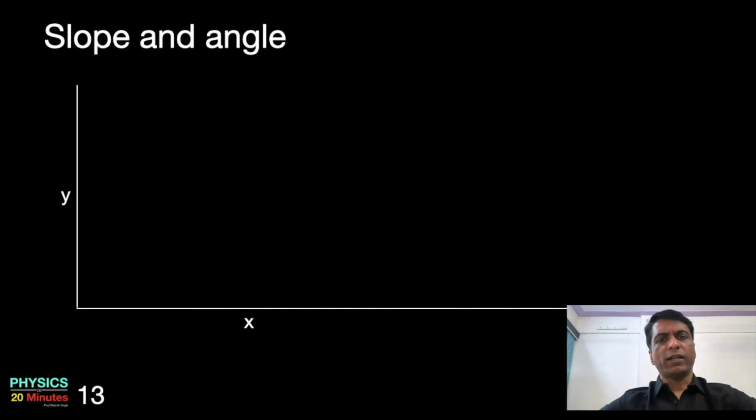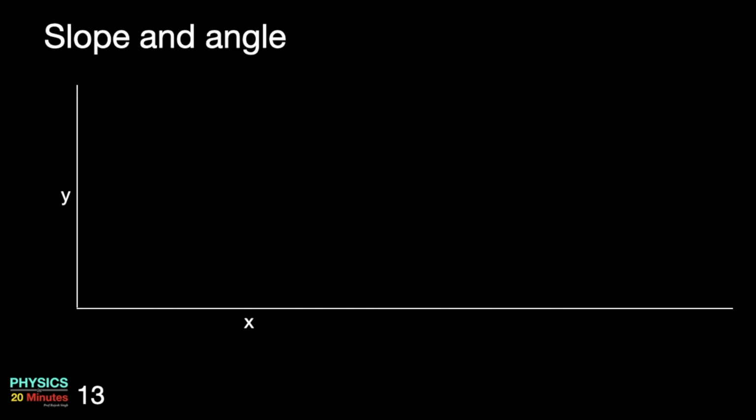The slope of a line depends on the angle that it makes with the x-axis. Let's take this line shown in yellow. It's horizontal, it's parallel to x-axis in the diagram. It makes an angle theta of 0 degree with the x-axis. Delta x will of course be positive, but since delta y is 0, the slope will be 0.